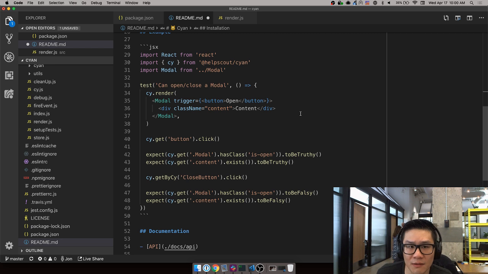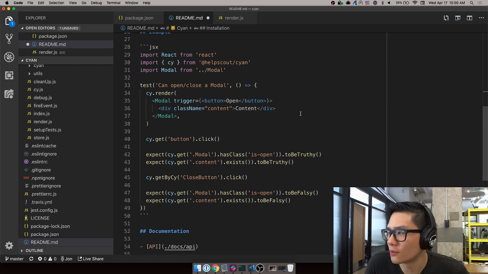And that's fantastic. And it was able to do it within 50 or 60 milliseconds on this very powerful MacBook Pro. And if you're using a not so powerful one or an older model, it might take a little bit longer, but it'll be within the realm of milliseconds versus seconds, because seconds is what you get from Cypress, which is fine, it's understandable. You're rendering inside the browser, but here we're doing JS DOM magic stuff. Cool. So with that out of the way,